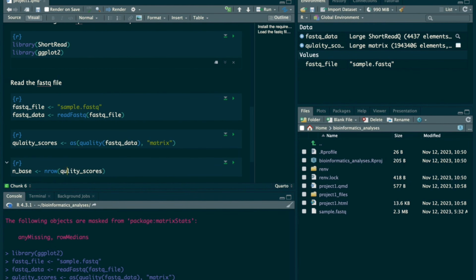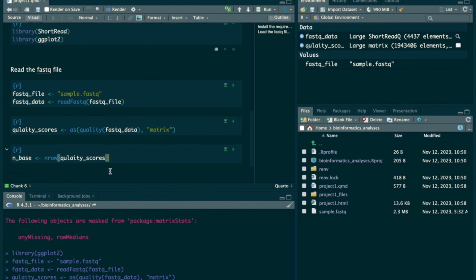Oh, I just named it quality. Okay, doesn't matter. I mean, you can name it. So instead of quality, I gave the name quality. My mistake, my bad. Okay. So n base, n row, quality score. Then you want to